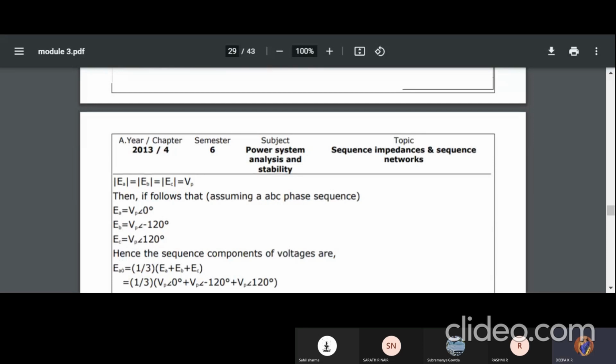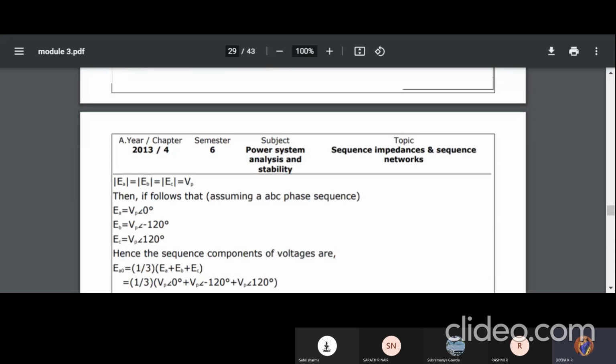Okay, next we are going for the sequences, because we have to specify the zero, positive and negative sequences. Then only will we come to know whether the statement that has been given is correct, or whether we are going to prove that only the positive sequence is present in the system. So first one, of course, is the zero sequence. Already we know the formula: 1/3 into EA plus EB plus EC. And already you have been given the substitution.